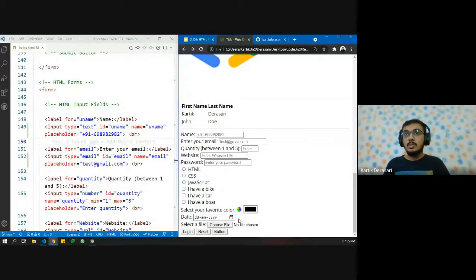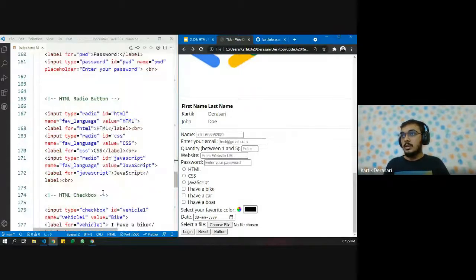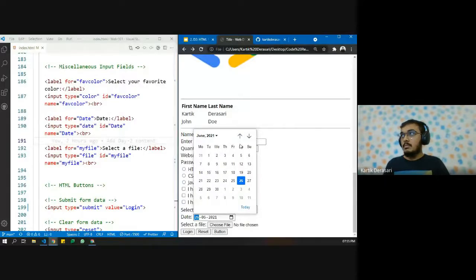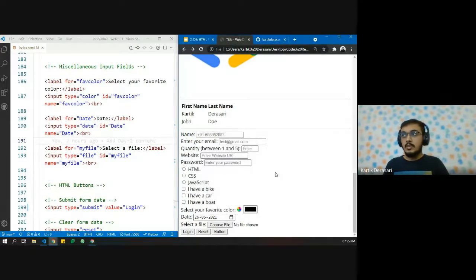Okay, how did you create the spinner for the calendar? Whenever you write input type equals date, this kind of structure is there by default. So you don't need to create this manually. This is done directly by the browser. It might look different on Chrome, Safari, and Firefox maybe, but that is by default by the browser. Okay. Any more questions?